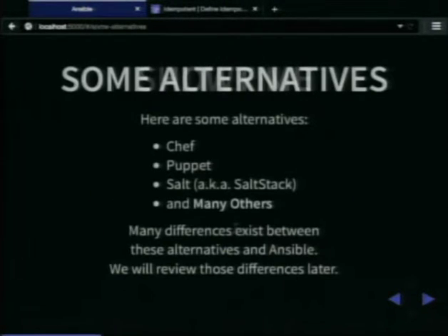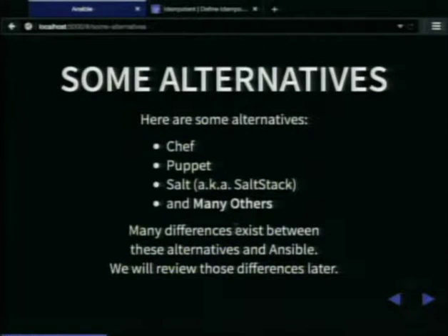On to the show. Because we are vendor neutral here at NEOISF, I want to make sure I present some alternatives. Those include Chef, Puppet, Salt, and a whole mess of others, but I cherry-picked those ones because they make really good examples. They do a really good job of contrasting what I love about Ansible versus what I can't stand about those alternatives. There's actually a lot of differences. I'm going to cover a few because I don't want to hit you guys with a wall of text.